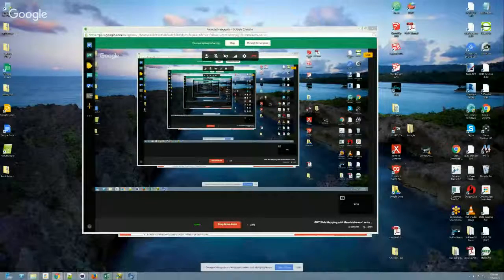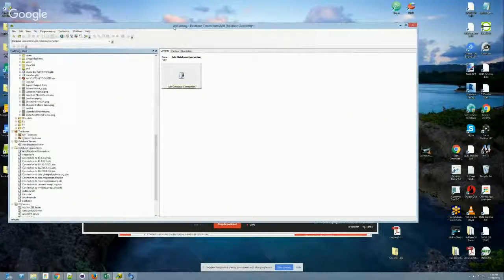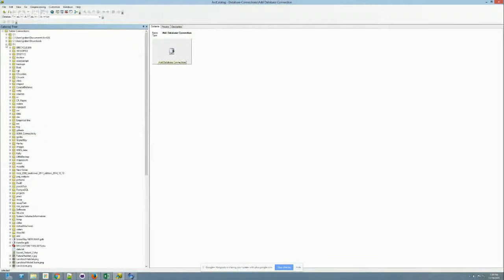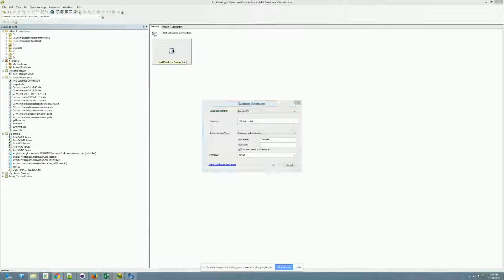All right, so we're connected now, and I'm going to open up our catalog. So here's our catalog, and then under our catalog you have a lot of options. Yours may not have as many as these. We're going to go to database connections here, and then say add a new database connection. And we're going to add the database that is the IP address for the course database, and the username is